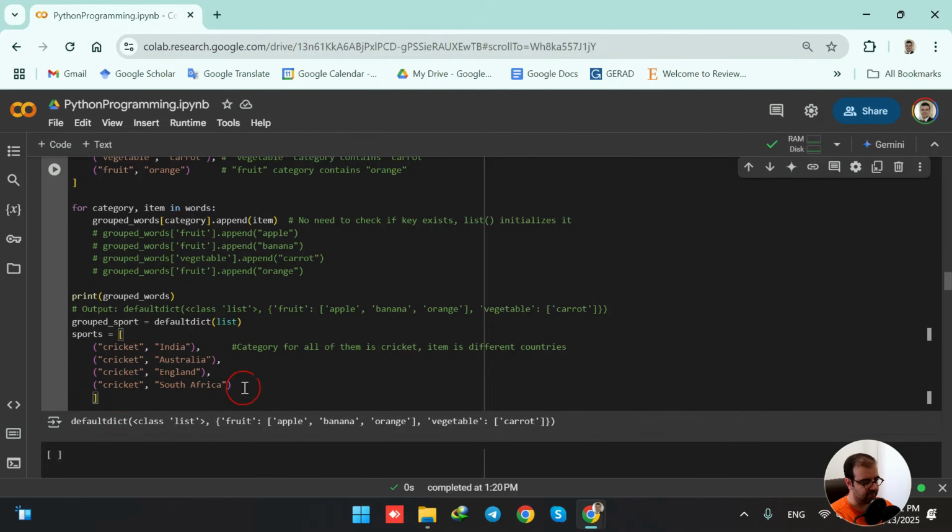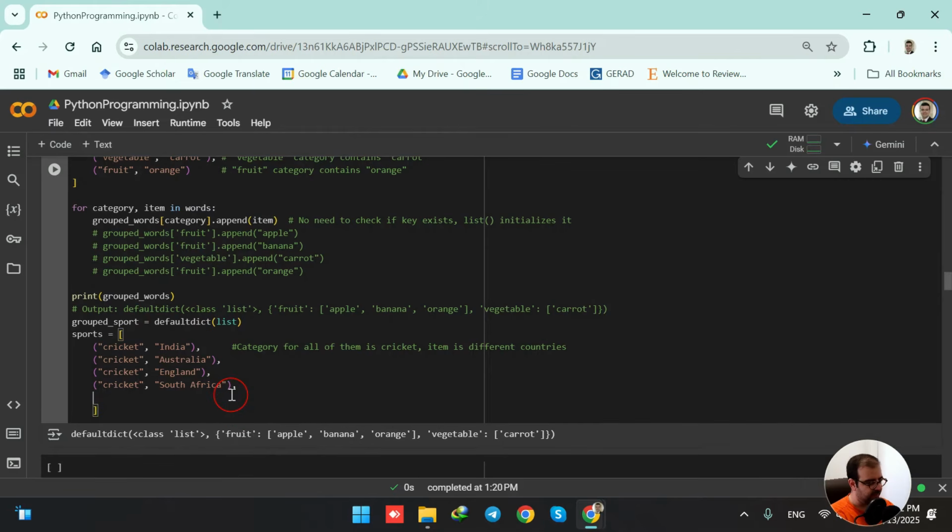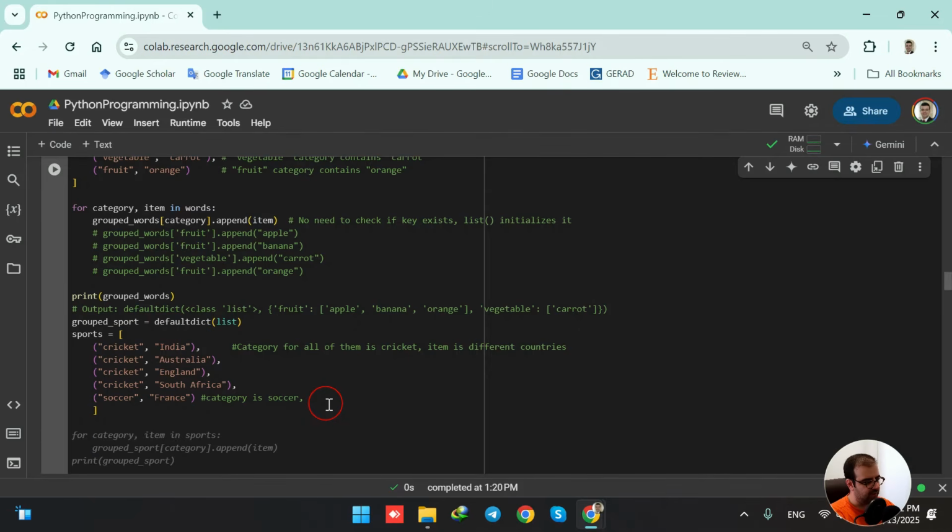Then we could have other categories as well. So we could have, for example, soccer, we could have basketball, we could have different categories. So let me add one more category here. We could have, for example, soccer, and we could have, for example, France as its item. So this is the category. Category is soccer. Okay. Now, if I want to have the iteration over this list, we again can have a